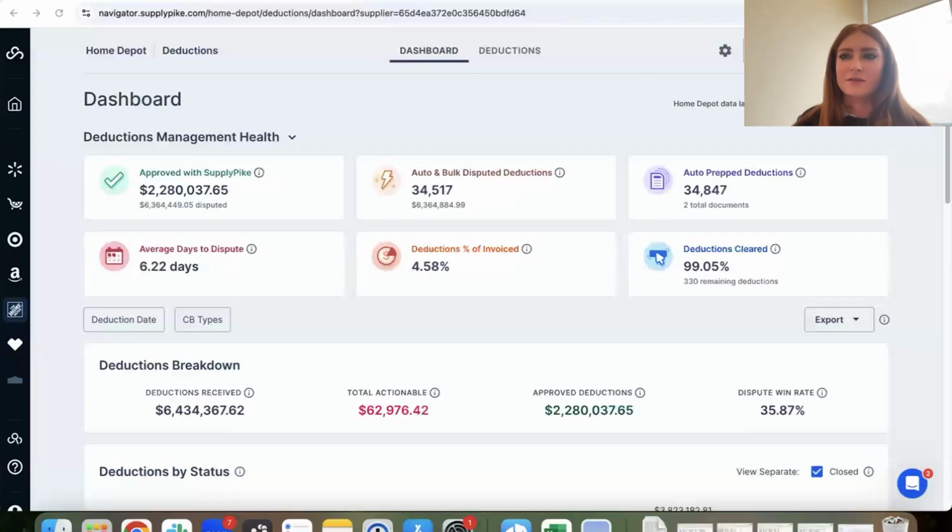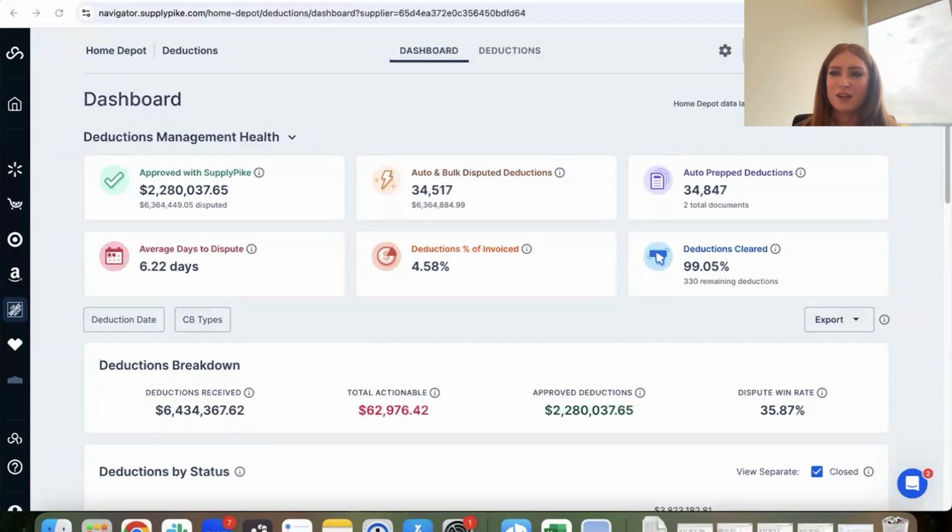So like Peter mentioned, I'm going to walk through at SupplyPike just our product offering for a Home Depot solution. Really, a main goal at SupplyPike is for us to take the friction out of disputing. We know that that's a super manual process today for suppliers, and truly, it's hard to go after every single dollar. So our goal here is, one, how do we take the time and the manual man hours that go behind disputing,